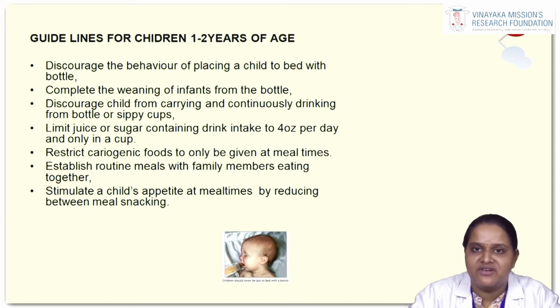Complete the weaning of infants from the bottle. Discourage the child from carrying and continuously drinking from a bottle or sippy cups. Lime juice or sugar-containing intake should be avoided as much as possible. Restrict all kinds of cariogenic foods. Establish routine healthy meals following the food pyramid and dietary pattern. Stimulate the child's appetite at meal times by reducing in-between meal snacking, which mostly reduces the frequency of intake